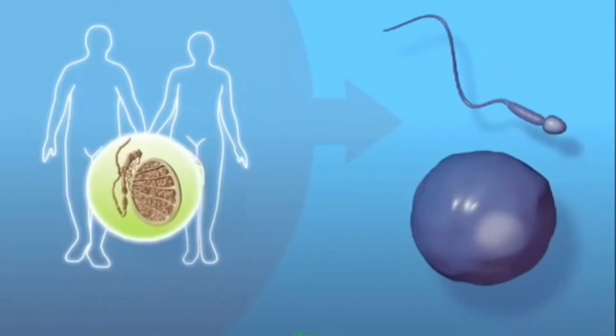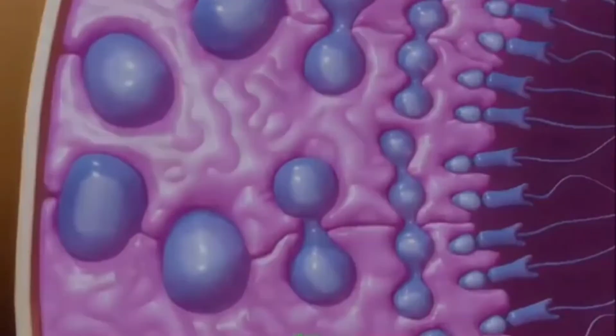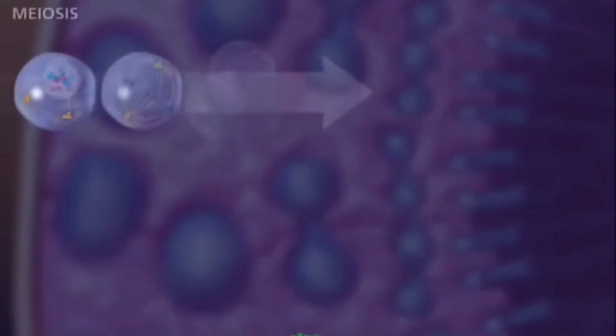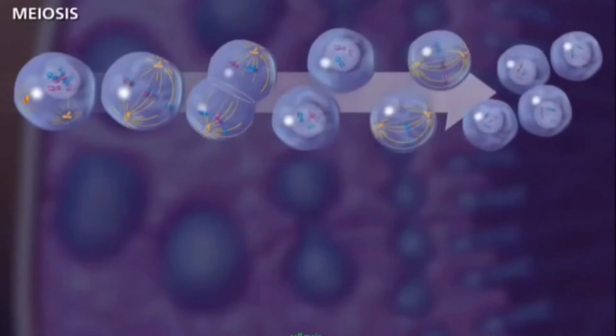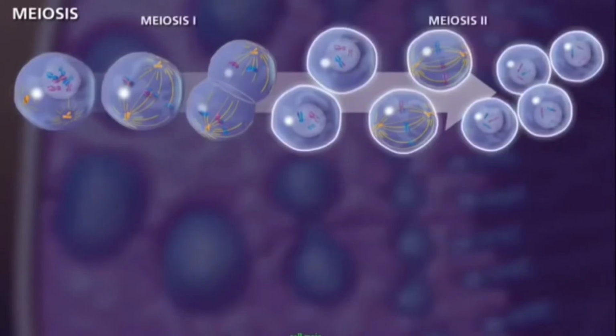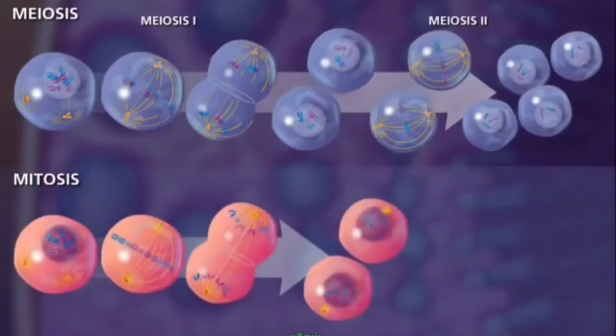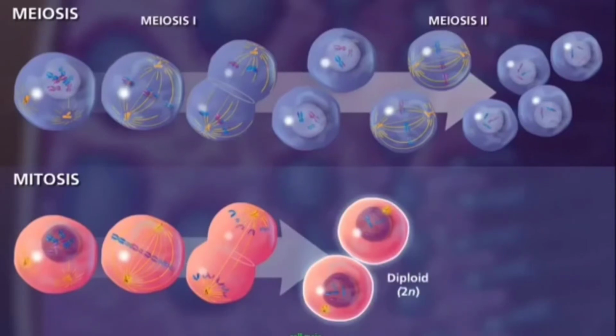Meiosis occurs in specialized cells called germ cells within the gonads of males and females. For the successful reduction in the number of chromosomes to occur in the new haploid daughter cells, two rounds of divisions are necessary. These divisions are termed meiosis I and meiosis II. Although the processes of mitosis and meiosis look similar, there are a few major differences. One obvious difference is that mitosis results in two diploid daughter cells and meiosis results in four haploid daughter cells.